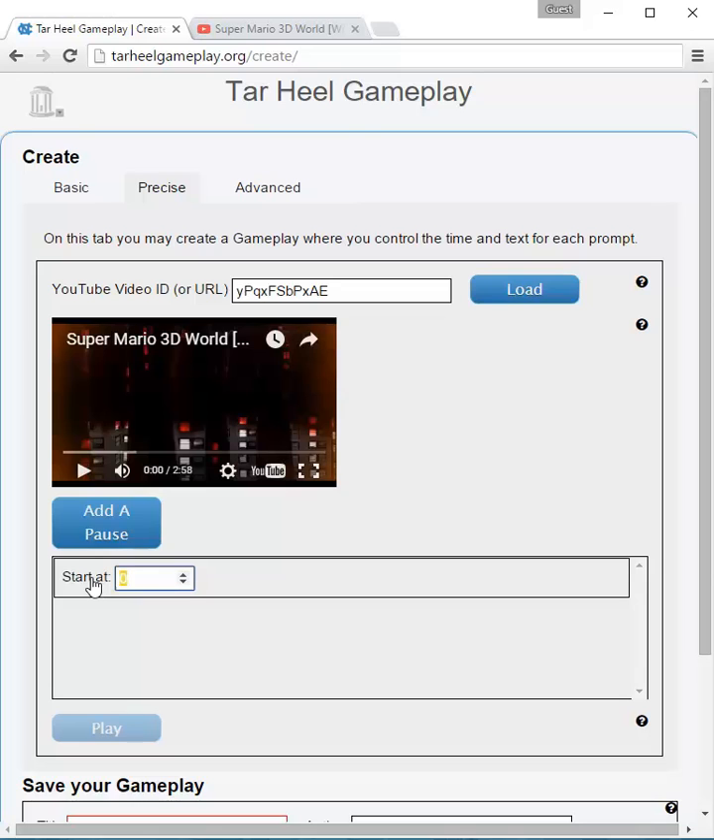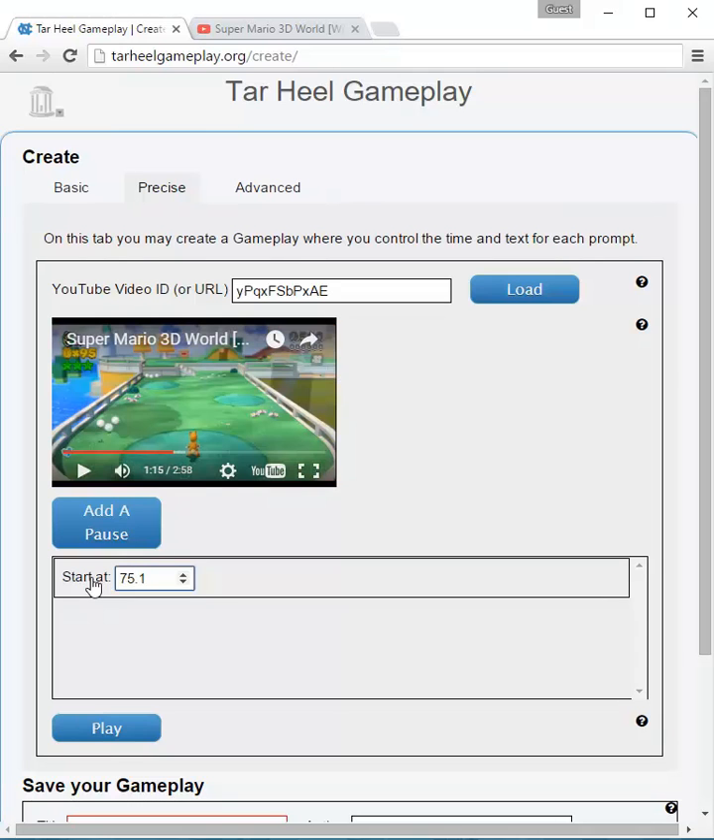So I'm going to start the video at 75 seconds as I did last time. And one thing to note in Precise Editor is that if you use your up and down arrow keys, you can adjust the time by 1/10 of a second. Whereas if you hold Shift while pressing your up and down arrow keys, you will adjust the time by 1 whole second. This is for users who want to pinpoint an exact location in the video where they want to create a checkpoint or start the video. So if you go ahead and start the video and press play,